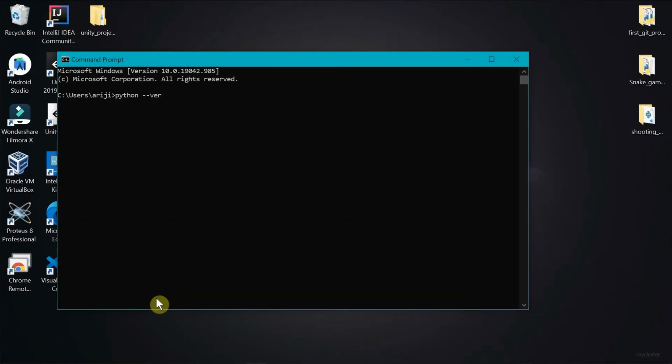--version. You can see here 3.9.1 because I have already installed Python on my computer, but if you don't have it, just